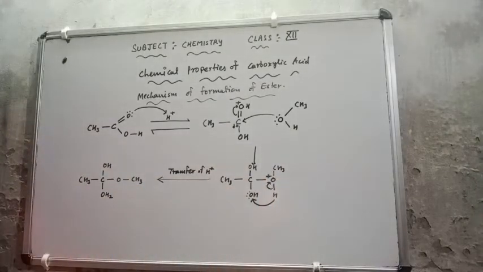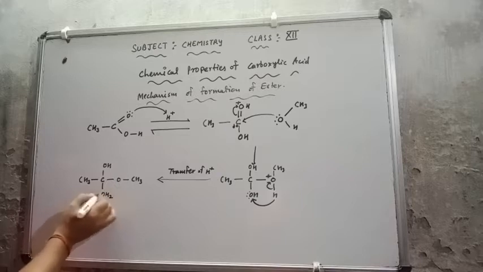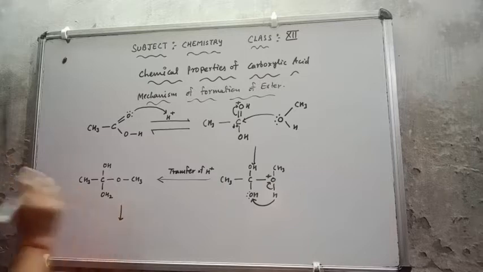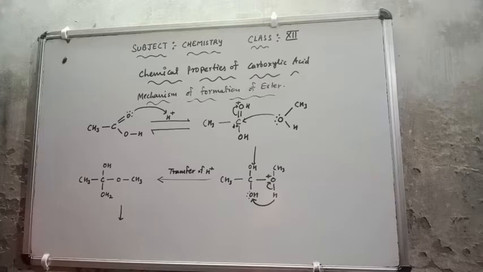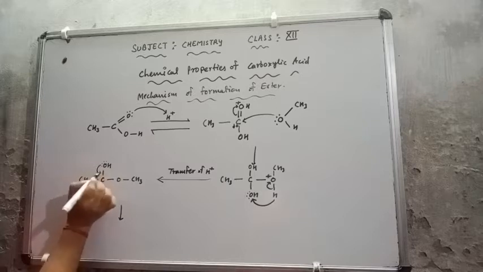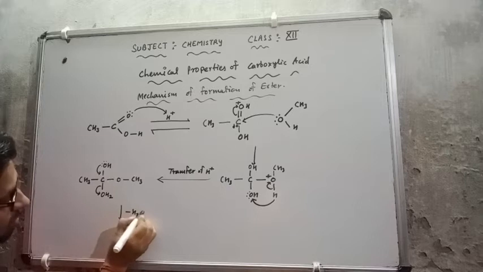Now after this we easily get the leaving group OH2, which is a very good leaving group. So it will lose the electron easily. How will it lose the electron? The electron pair is present in this bond, so this bond will transfer the electron towards the OH2, and the water molecule is eliminated from here.